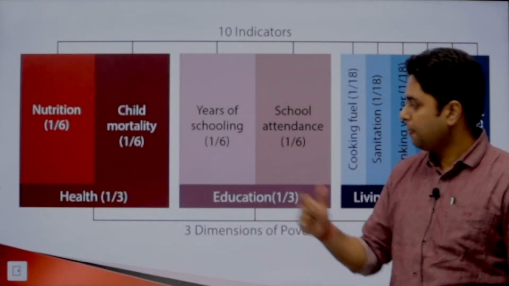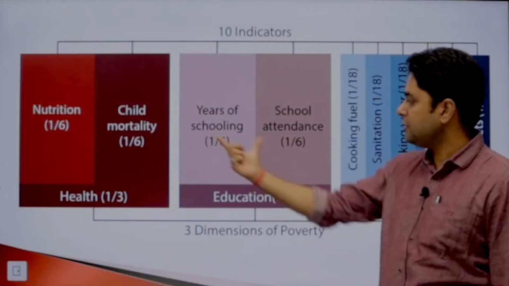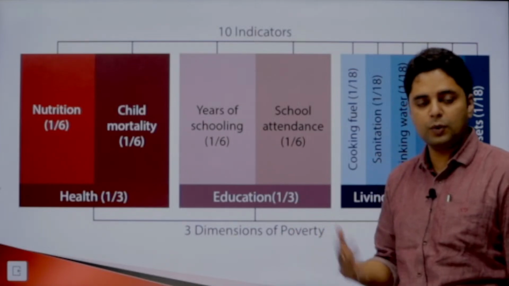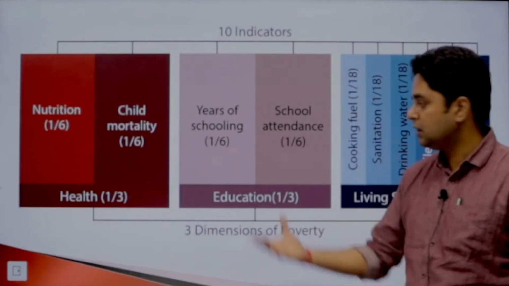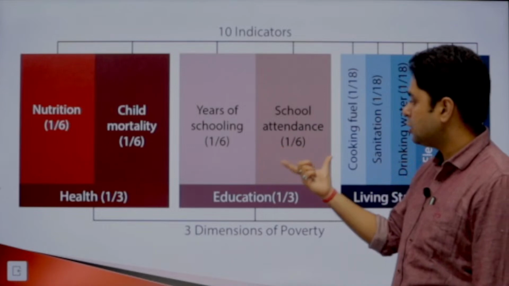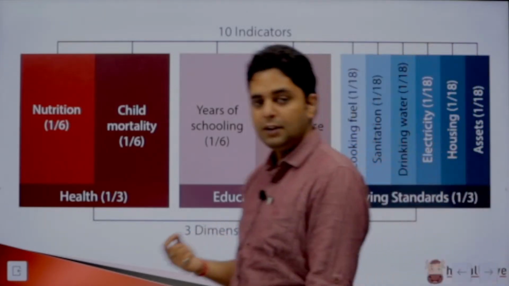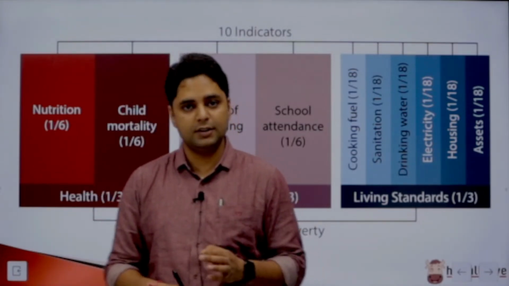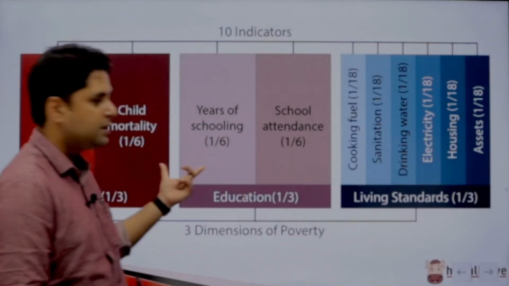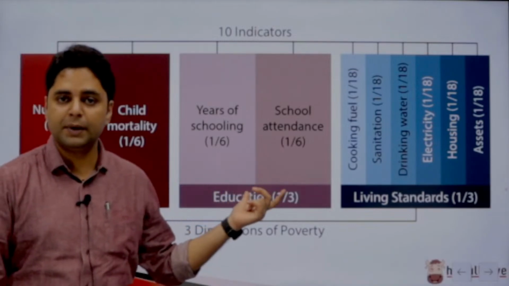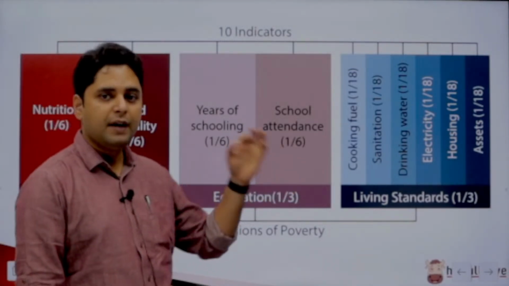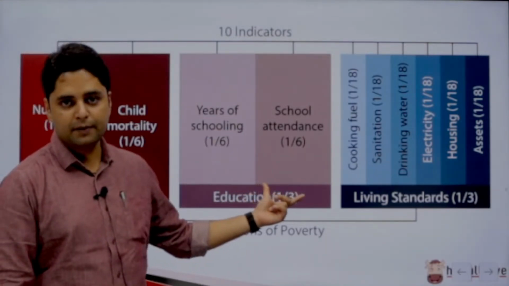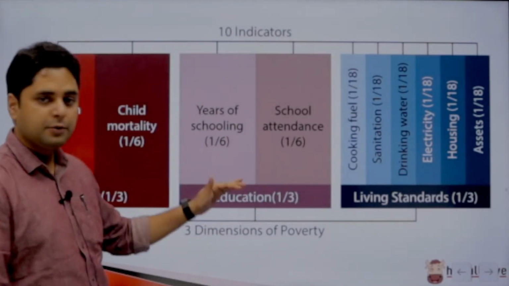Next is education. So half of this weightage goes to years of schooling. You know, how many years a person has been schooled? 1 year, 2 years, 5 years, 10 years, years of schooling. Second, school attendance. So here it is not only the quantity that is being checked, but the quality also is being checked. Like, it's not that a person has attended school for 10 years and it will be counted. No, if they have actually gone to the school and attended the school, that is also a criteria. So that is health and education.